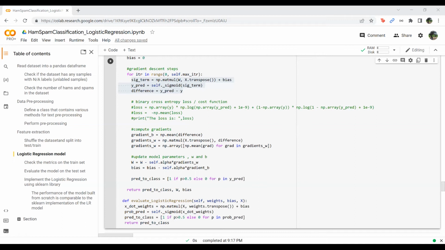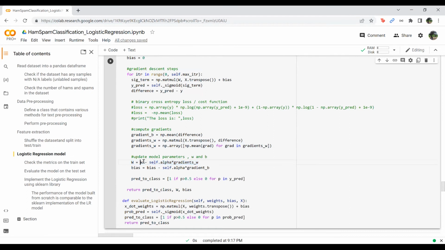And if we go back to the code, we will see exactly that. So here in these two steps, we are doing what we saw in the slide. We are taking the difference between the two and multiplying that with the X input. And then we want to take the mean. And that's what we are doing here. So we take the multiplication and then we take the mean of the result. So once we have that, then we simply use the equation to update the model parameters. So W is the new